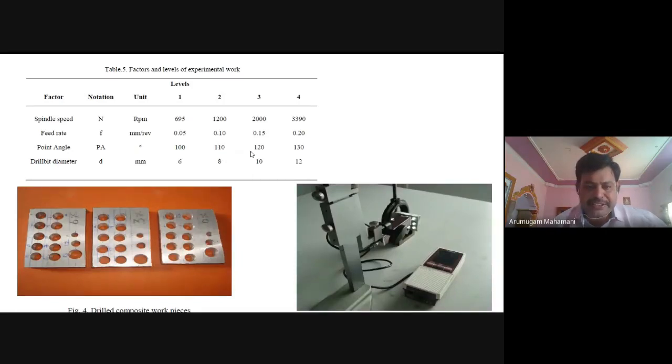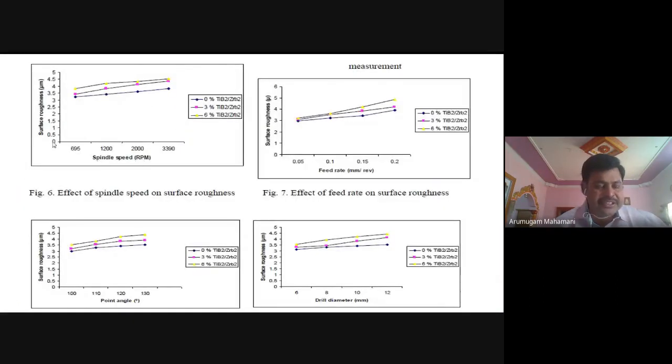Right, point angle is 120. Then we grounded 110, 100, 130. Then drill bit diameter we selected 6, 8, 10, 12. These four are the diameters widely used, right? While drilling, as spindle speed increases, surface roughness increases for all the composites, but it is more for the 6% composite because